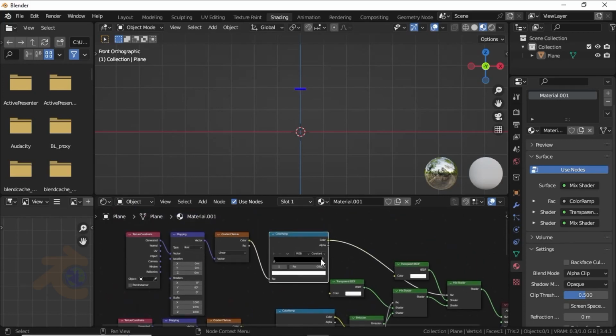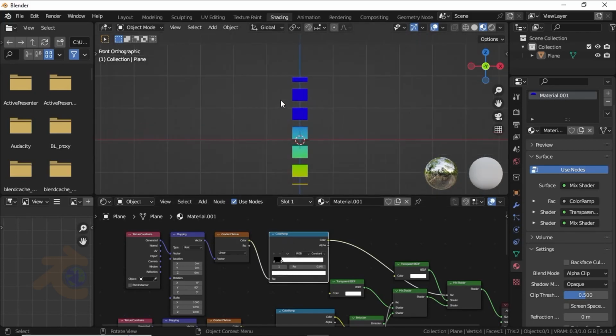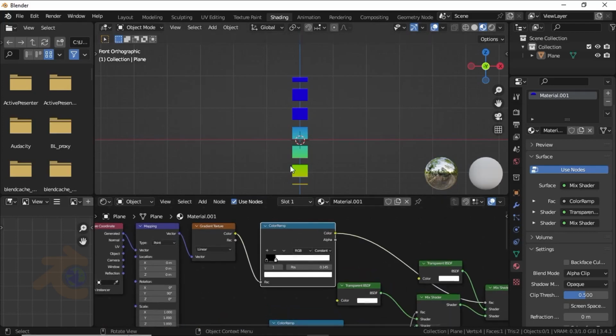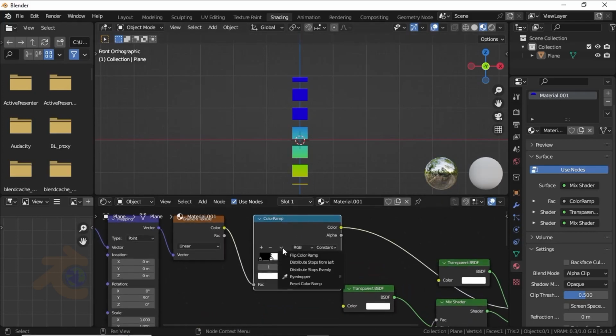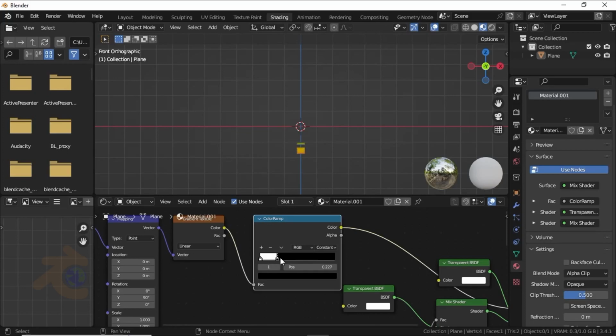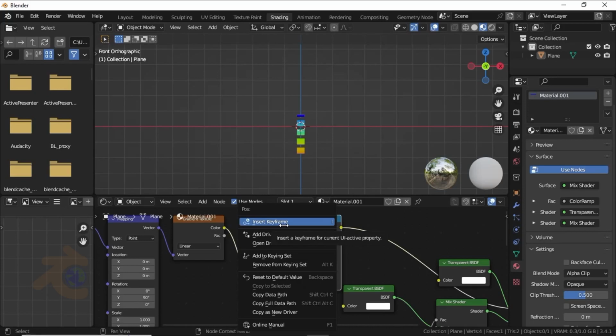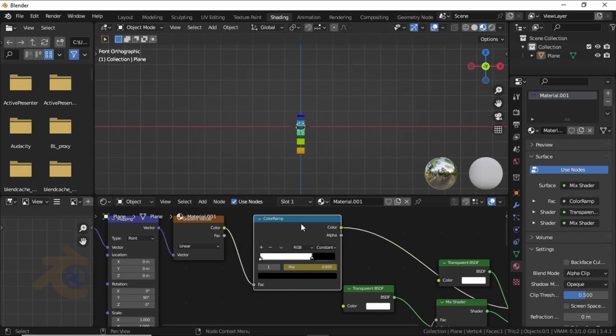Now when you animate like this, you can see this kind of animation. So it is happening from top, we have to make it from bottom. So click on this arrow and select here flip color ramp. Now when you change its handle position, animation will be from top. Okay, so select this, then right click on this position and select here insert keyframe. Now select this node,